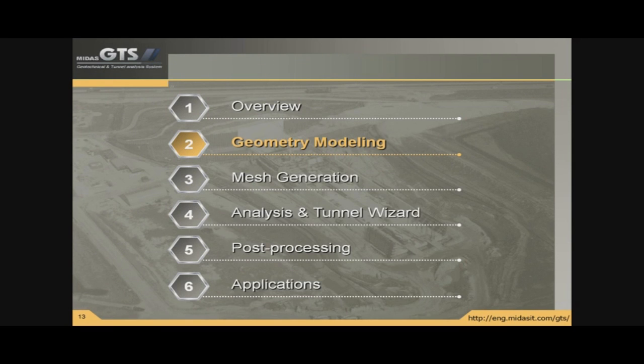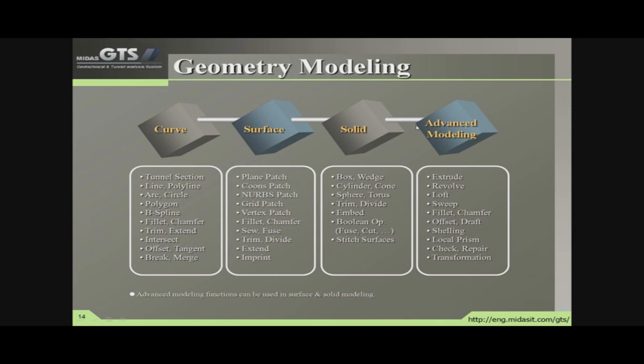Structural modeling and analysis in GTS is simple because of its exhaustive modeling features and enhanced post-analysis features. So let us talk about the geometric modeling features available in Midas GTS for easy modeling of the geometry. These are the different ways in which you can model a geometry in Midas GTS.